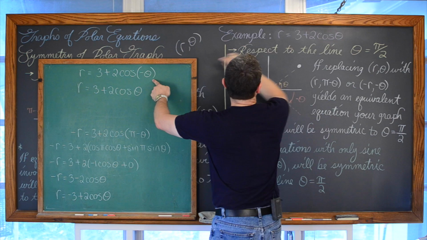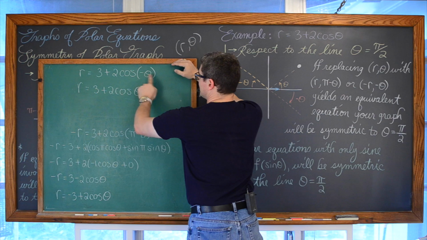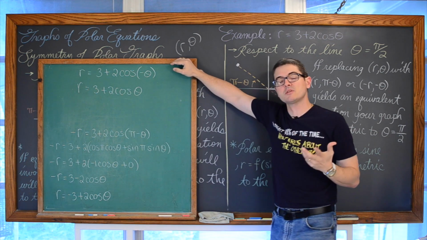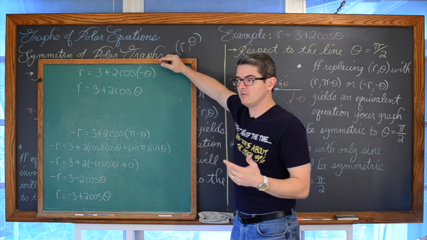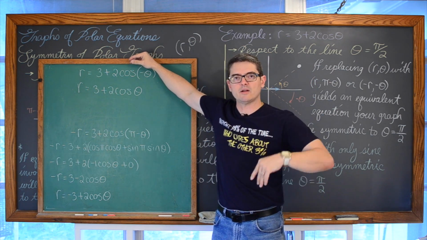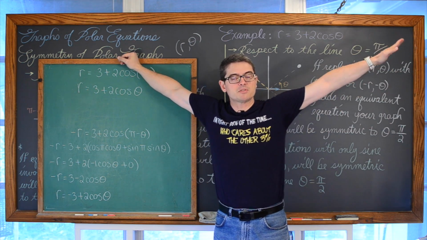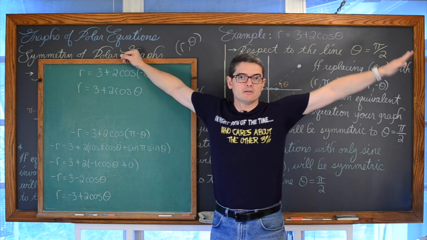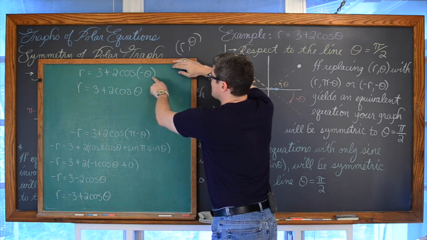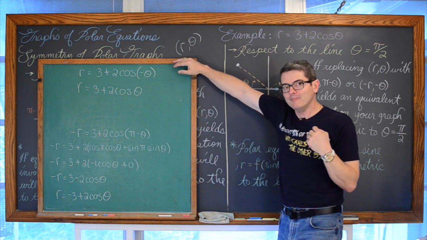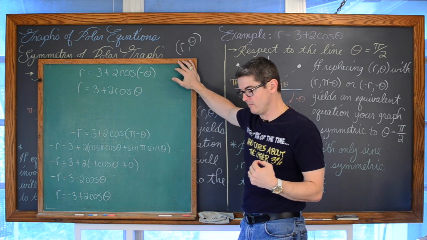So I've taken out our theta and replaced it with negative theta, but the cosine of negative theta is the same as the cosine of theta because the cosine function is an even function. Hopefully you've already studied that in your trig class. Even functions, and you studied the definition of even functions even back in Algebra 2 and Pre-Calculus, where if you could plug in opposite numbers you get the same answer. The cosine of pi over 6 is square root of 3 over 2, and the cosine of negative pi over 6 is also square root of 3 over 2. So just by the fact that cosine is even, we're already back to our original equation, and thus we're guaranteed to have symmetry to the polar axis.